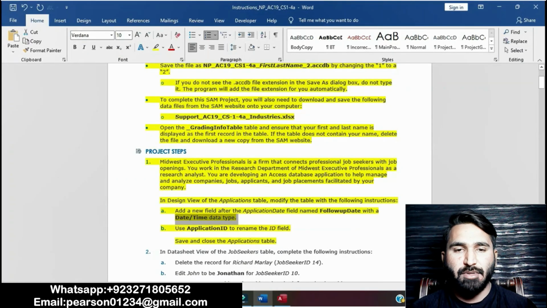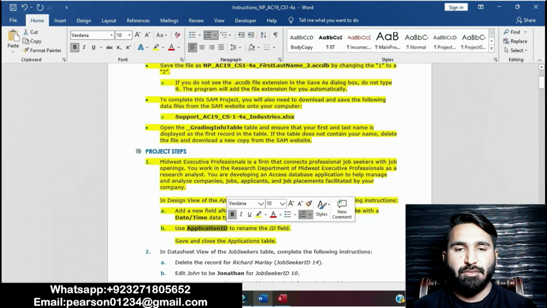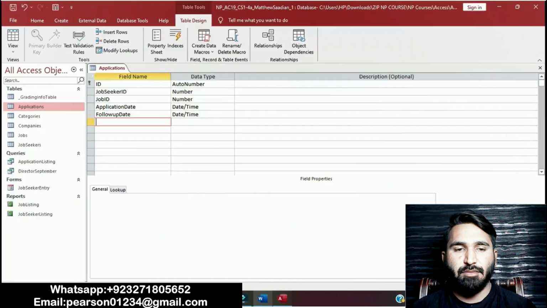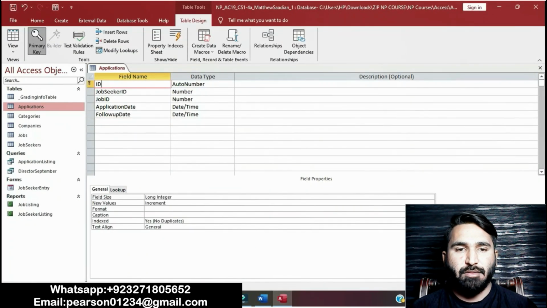Now the second step: use Application ID to rename the ID field. Copy this, rename ID to Application ID, with the AutoNumber data type.